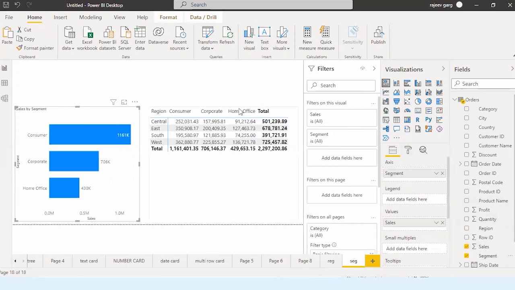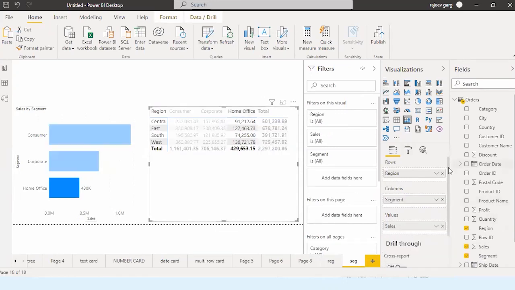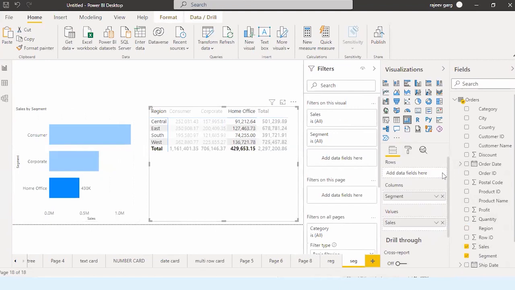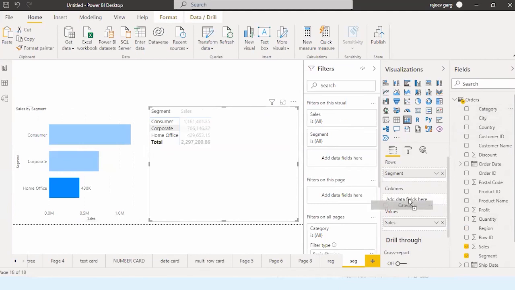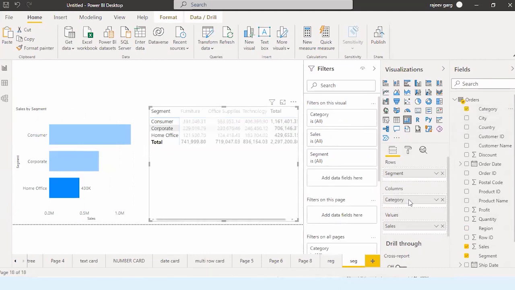And over here instead of region, I would like to take the segment and category. Segment wise, category wise sales I'm getting over here.